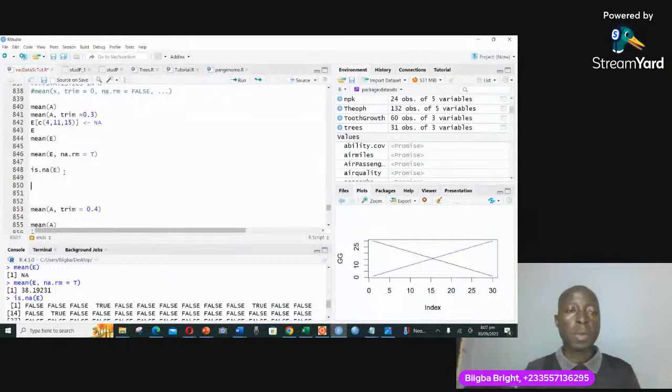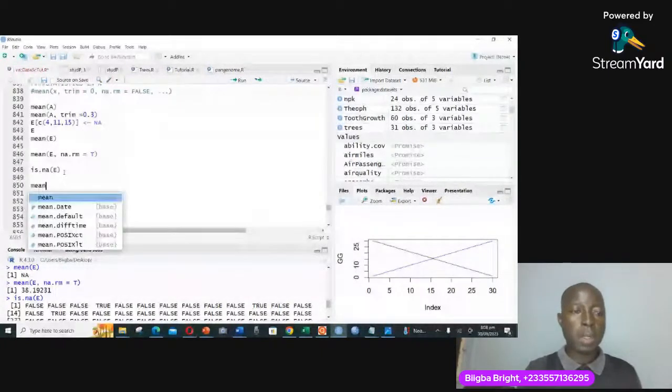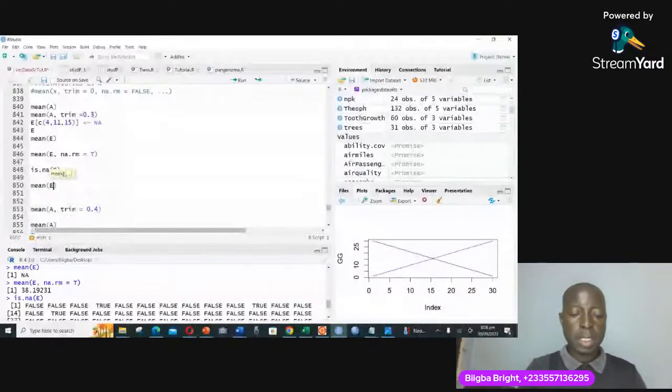But in this case, you want to take care of the NAs and you still want to calculate it without adding some kind of values. Okay, so what are you going to do? You are going to find the mean. I'm going to say the mean like this. If I go inside, I want the mean of A, and then I am simply saying that